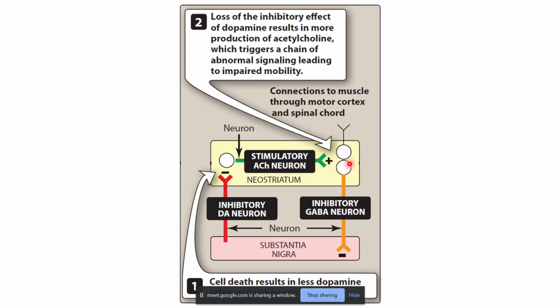So this way the substantia nigra will inhibit the neurostriatum, and neurostriatum will inhibit the substantia nigra, and that is why there is a balance between the neurostriatum and substantia nigra. When the Parkinson's disease is developed, these red neurons, dopaminergic neurons, are reduced, and that is why the inhibition of the neurostriatum is reduced, and that activates the acetylcholinergic transmission, and that will break the balance between the inhibition, and that is why the muscle movement